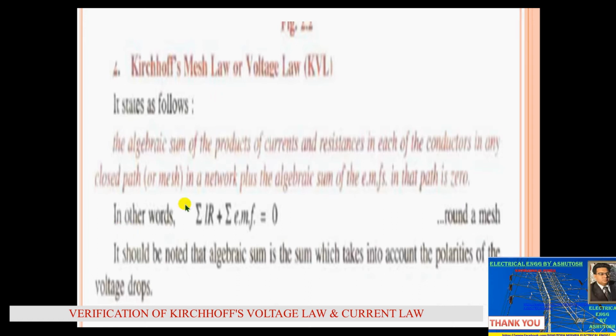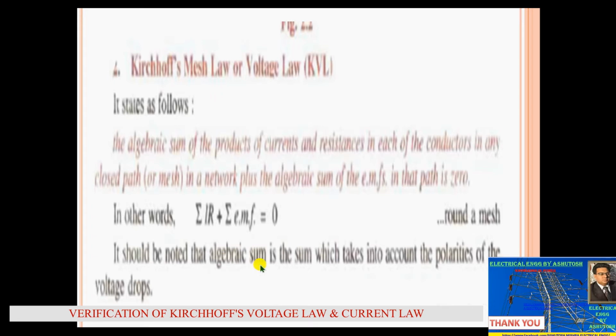In other words, sigma IR inside a closed loop plus sigma EMF, the summation of IR voltage drops plus summation of EMFs, should be equal to 0 in a mesh.